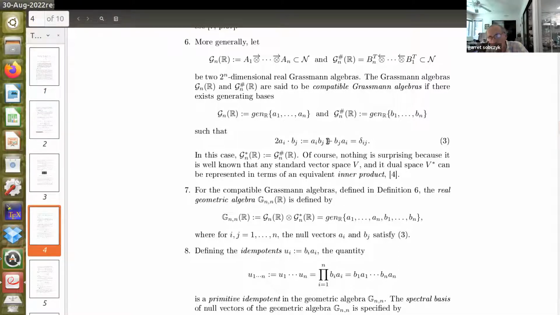This is very important for understanding the structure of n by n matrices. That's why I say I think about the structure of a matrix as just being the coordinate matrices of a Clifford algebra. So this is the generalization of that. If the Grossman algebra consists of only one vector,